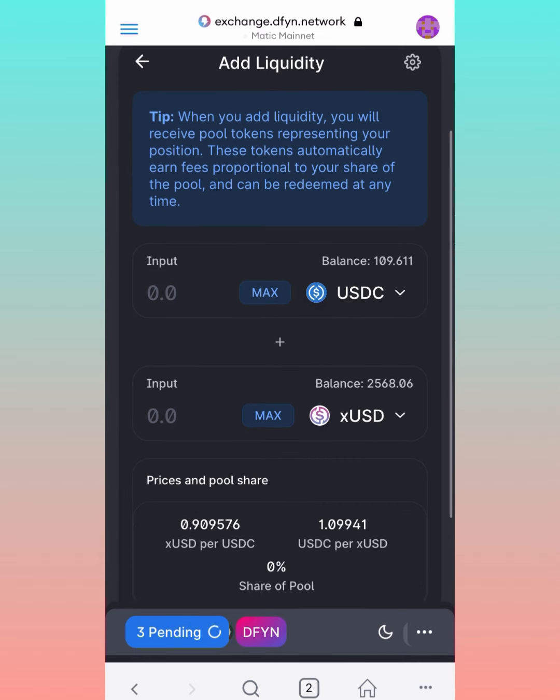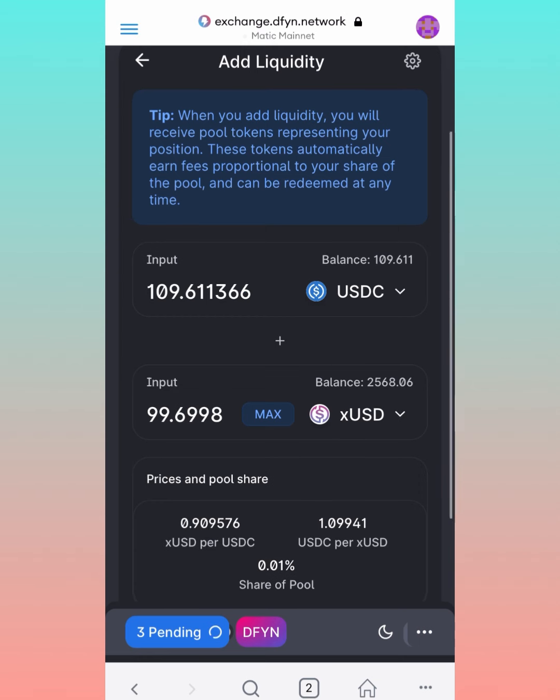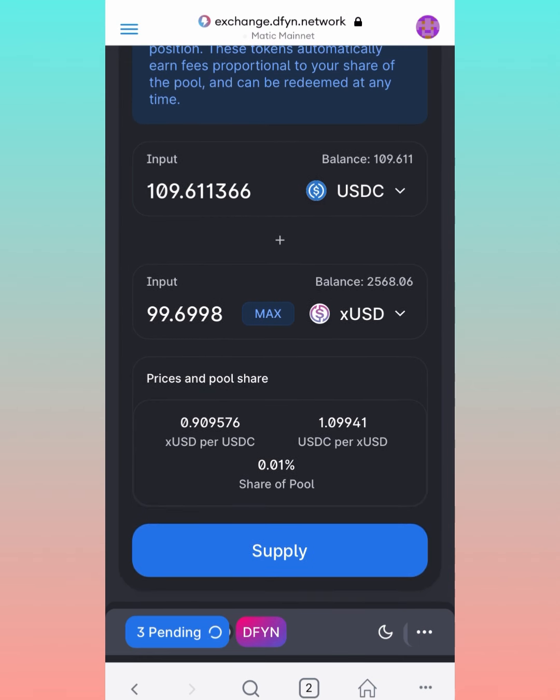Now basically, you're going to want to swap and make sure you have some USDC as well as some xUSDC. And you're going to want to match these perfectly by just clicking on one of them, just max one of them out. So we'll do the USDC. And that is the perfect pair. Then we click Supply,